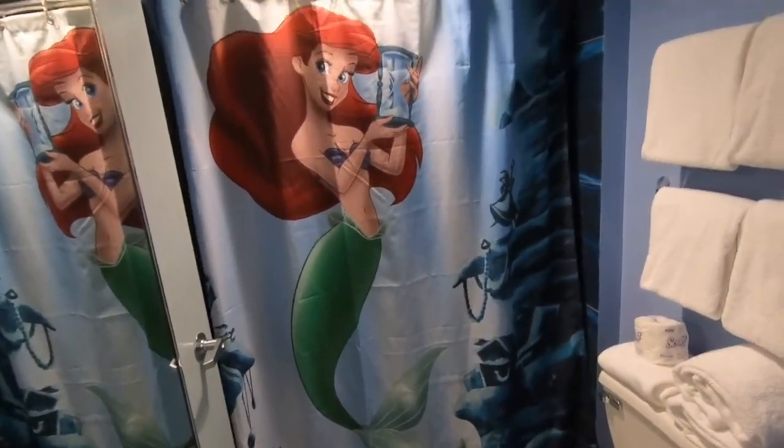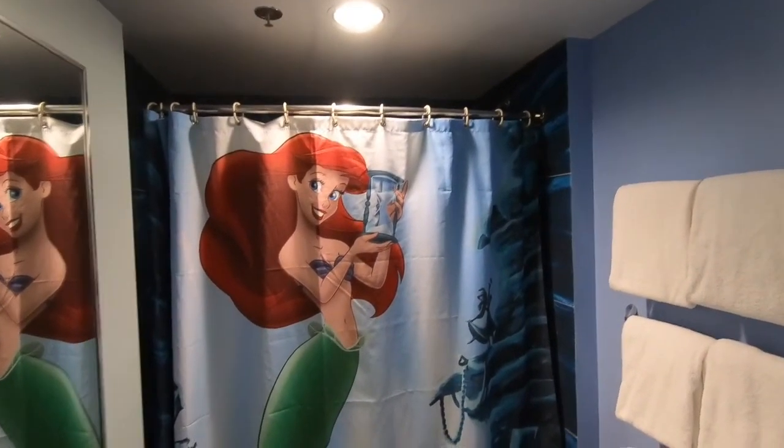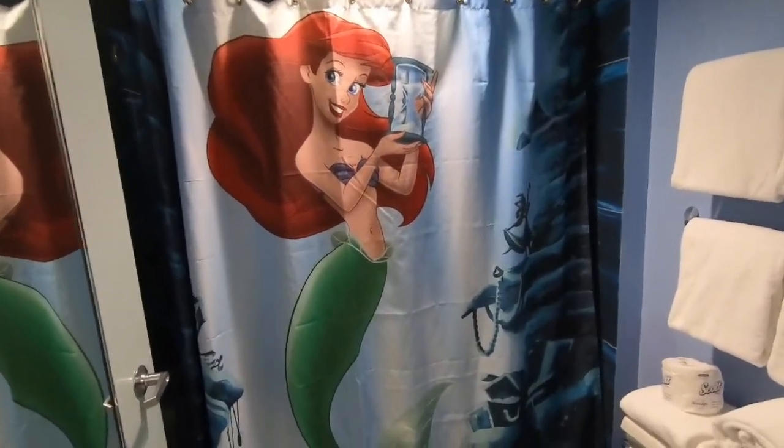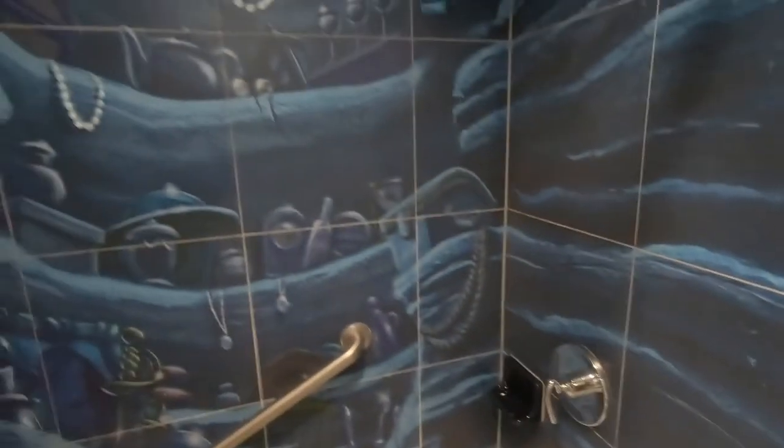I love this. It's a little dark in here. It has just one little can light, recessed light there. Love this because once you open the shower curtain, it's her cavern of treasures untold. So cute. I wonder how many wonders it holds. Anyways,